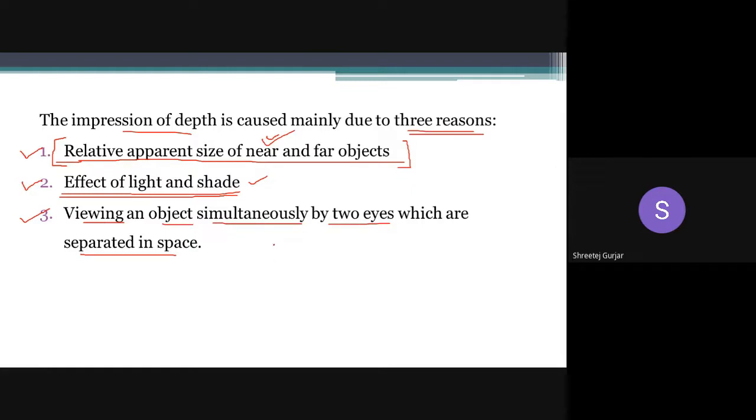Your eyes are separated in space, they are not combined, they are separated by a certain distance. So when you view the same object simultaneously through both eyes, you will get the perception of depth. So these are the three reasons which give you the impression of depth.